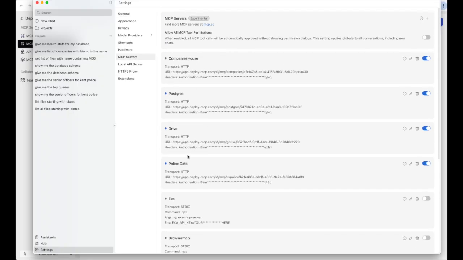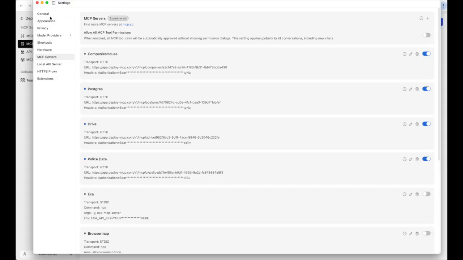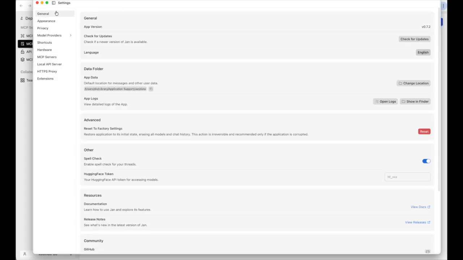Now I've set these up and these are all remote, and you can see this from this remote URL. So this actually points to a particular MCP server hosted and running on Deploy MCP. So let's see how that actually works. So let's go back to, in fact let's find out how I do actually go back to,